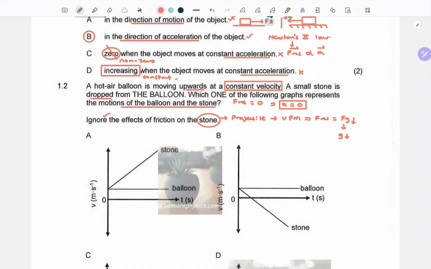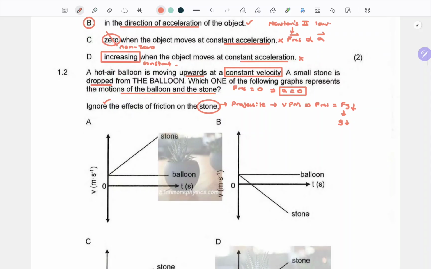So can you see, guys, from the statement and the given information, we can identify exactly which topic is involved here. Now, option A says, this is a velocity versus time graph. So on a velocity versus time graph, we already know that, okay, we understood that the initial velocity of the stone and the balloon should be the same because the stone was dropped.